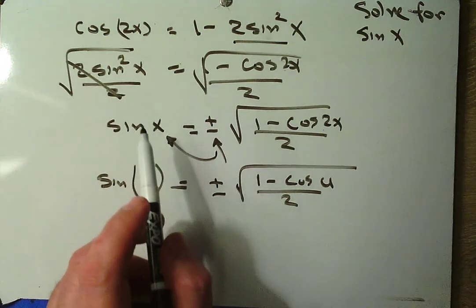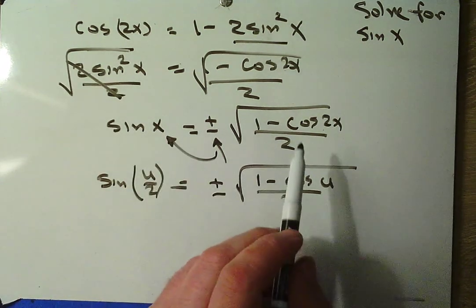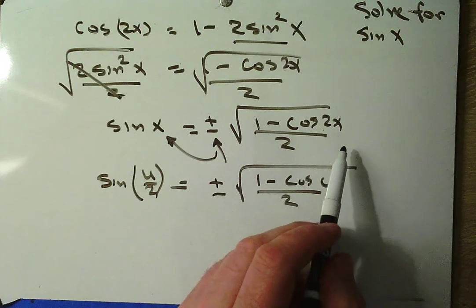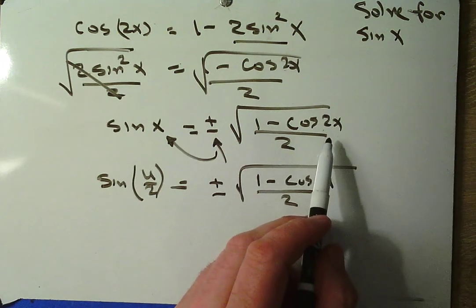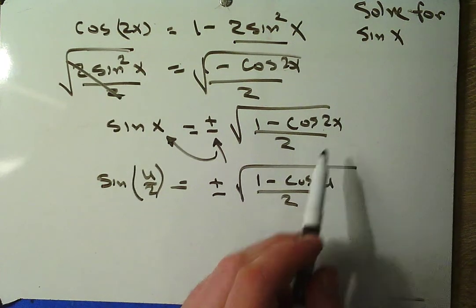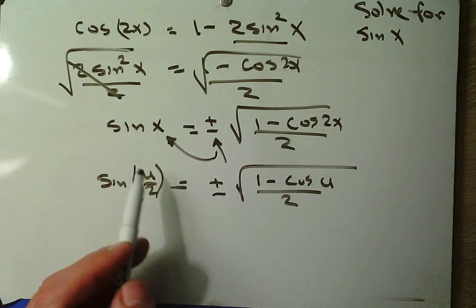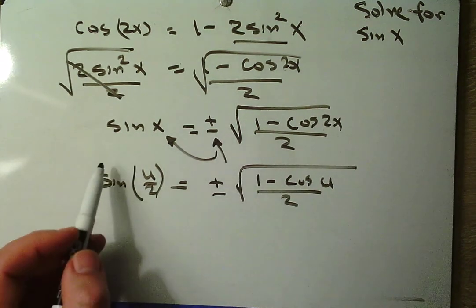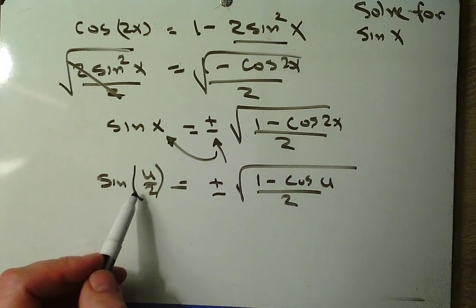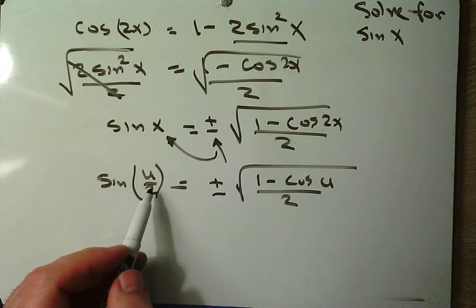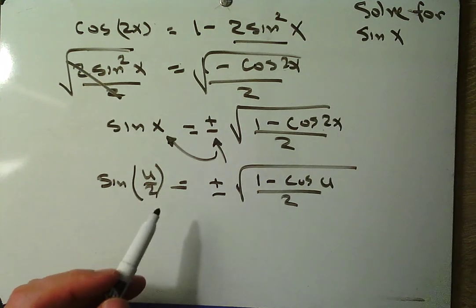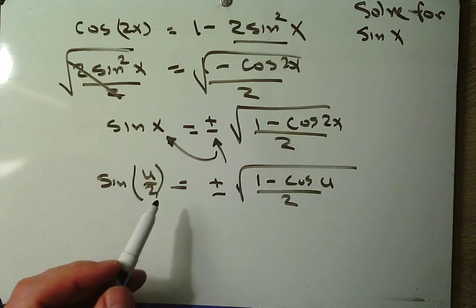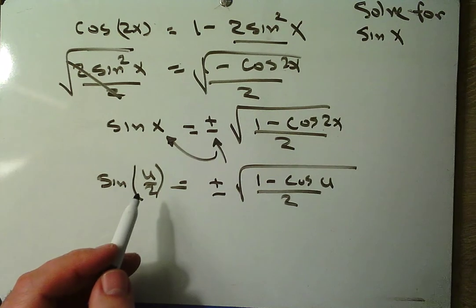However, I would say two things about that. While I prefer that, most students look at this and say, I need to use the double angle formula. And you don't want to use the double angle formula here. And the second thing is that students seem to prefer u over 2 because it tells them, oh, this is a half angle problem. I need to use the half angle formula. Okay? So, what if we had something like